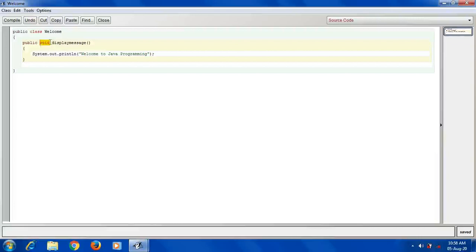Void means nothing. We are not going to return any values from this block. Returning means sending it back. We are not going to return anything from this method, so that's why we have written void.